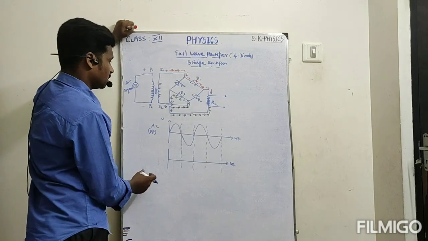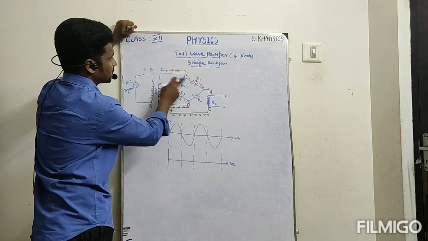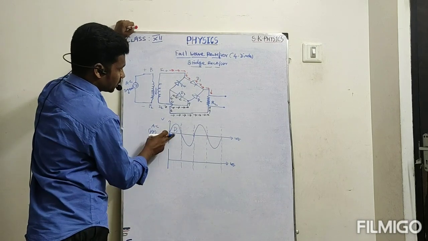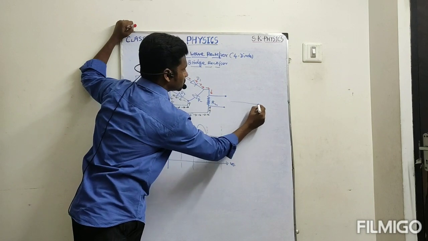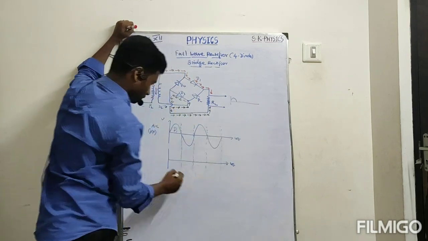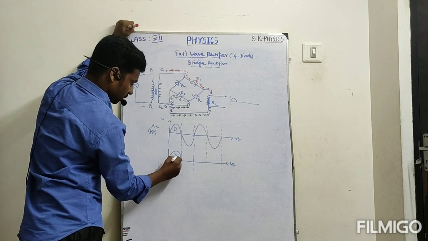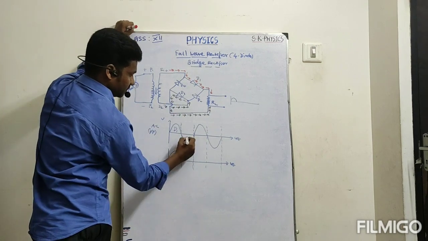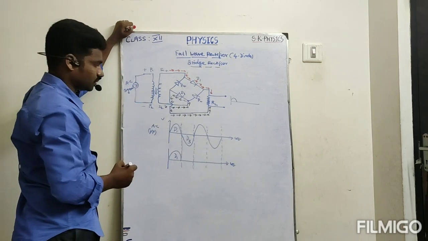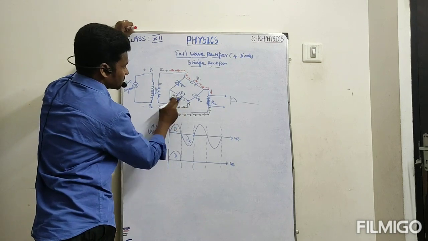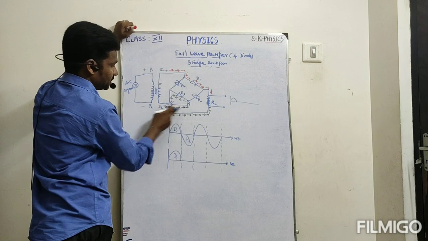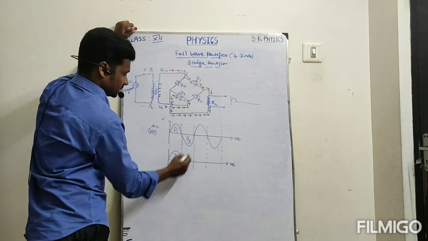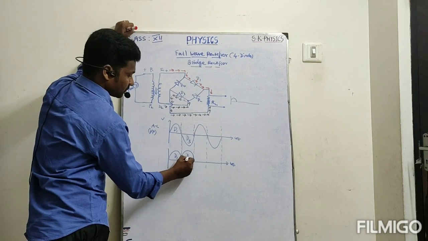And then here the first positive cycle goes to diode 1. From this diode 1 we can get one output, that is D1. At the same time the negative goes to D3. So this negative is connecting with D3, so D3 also now has a negative terminal. Negative, negative, forward bias. So we can get another wave from D3.